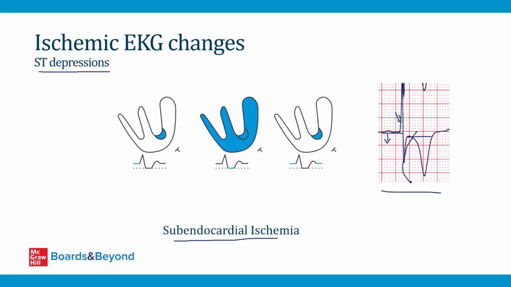The T wave is also upside down here. We call that an inverted T wave. That's another finding of subendocardial ischemia that I'll talk about in a minute. And if you want to understand the reason why ST depressions occur when there's subendocardial ischemia, let's look at this